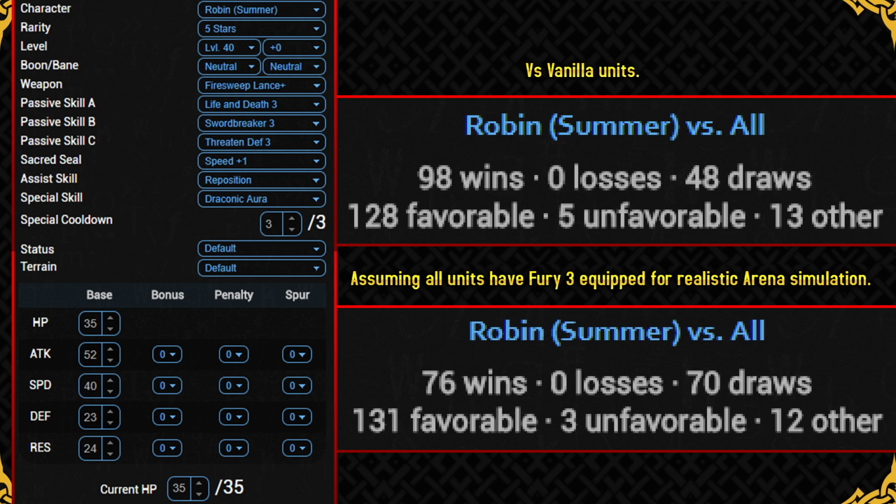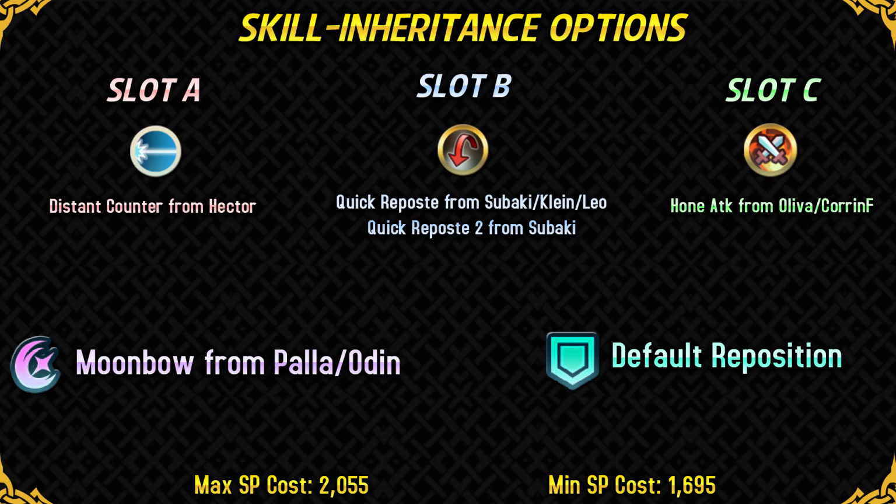She also has an enemy phase skill set which makes great use of her bulk, and it does require distant counter from Hector. Now some people might say that quick riposte is not needed as she's got good speed, but the thing is that even with her good speed, she is not able to double fast red units like Tharja, Rheoma, and Lucina, and it will be even harder if they are running Fury, so quick riposte is there to